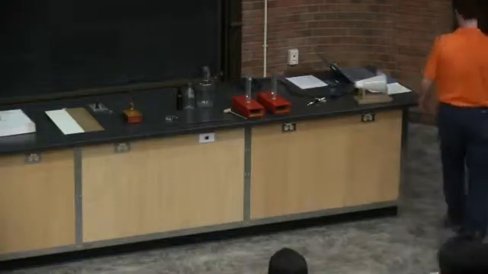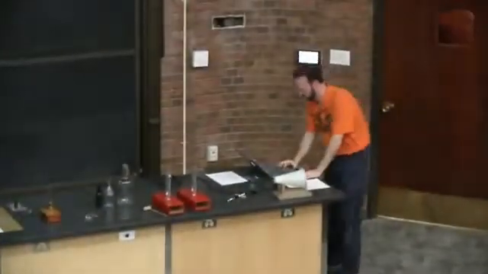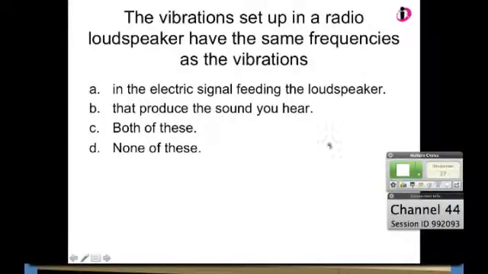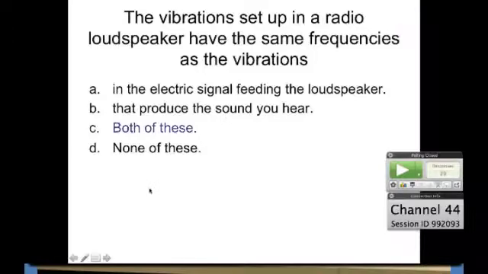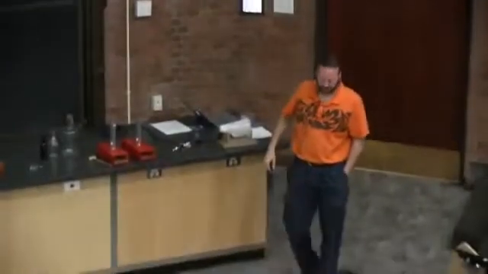So, 10, 9, 8, 7, 6, 5, 4, 3, 2, 1. Meh. All right, half of you think it's both, and the rest of you are split. So the majority's right. It is both. So this is an example where